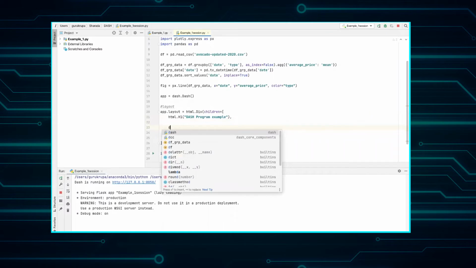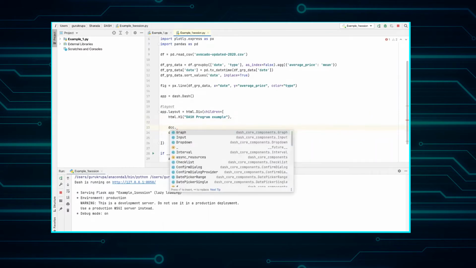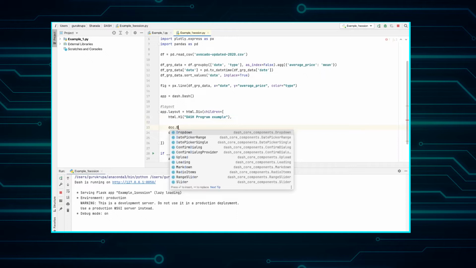Let's say dcc.Dropdown. I would like to add a drop down.